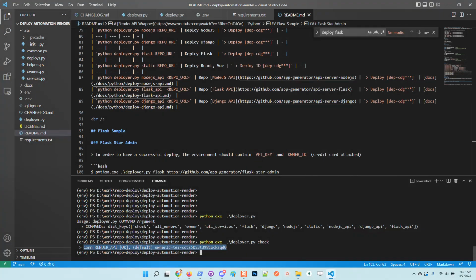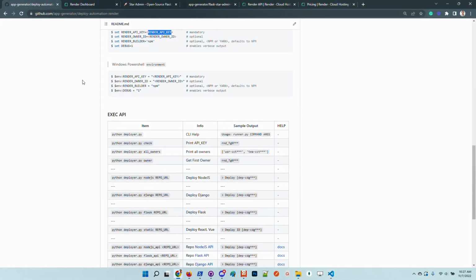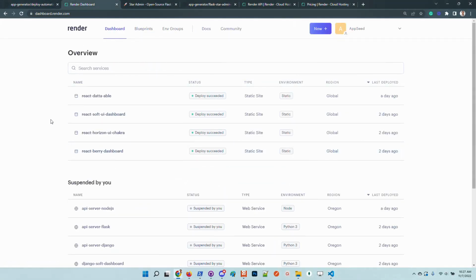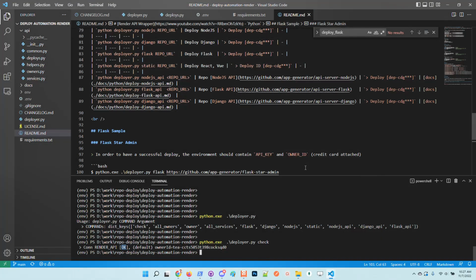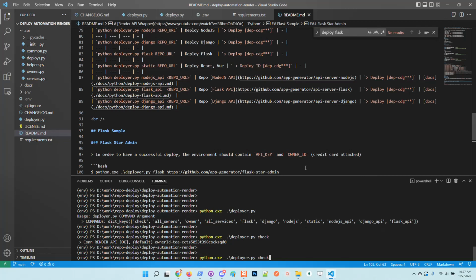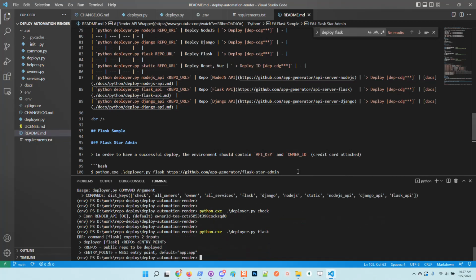So in my case, the connection is okay, so we can proceed further with deployment. The deployer will inject a service into your Render account, and the new service will be listed here on your dashboard. So let's test the deployment using the StarAdmin